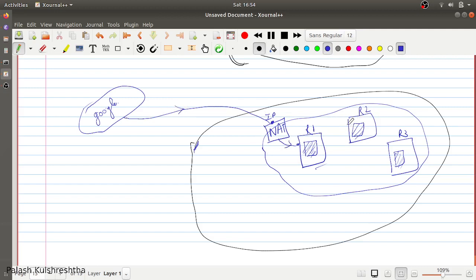Similarly, when R2 wants to send traffic, it is going to send the traffic to NAT, and the response is going to come back via the same. And let's say R3 also wants to send data outside, so it is going to send it like this. So we can see here that the path taken by the instances is managed by the NAT.